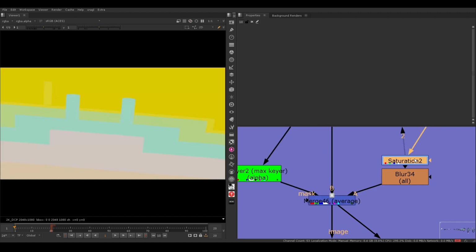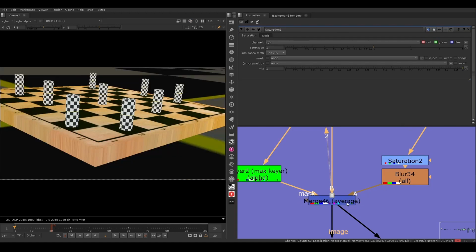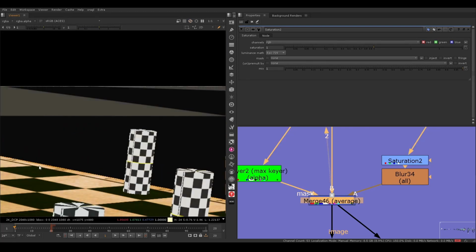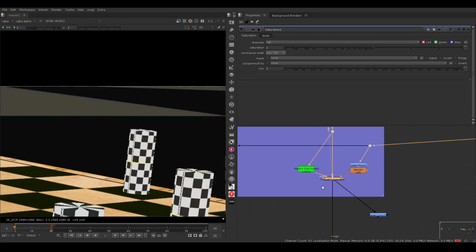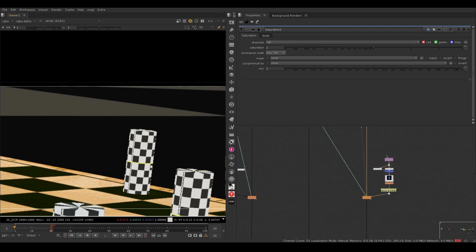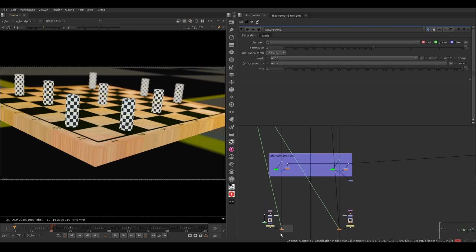So I'm saturating, or not, no, I'm not saturating this, I'm blurring it a little bit, and I'm doing just a simple average of both things. Nothing crazy here at all. Brute force techniques, very basic. Then I am applying our defocuses,